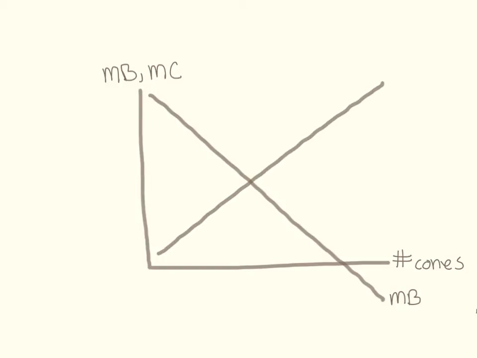And the reason it's increasing is because it takes into account not just the explicit cost of an ice cream cone, that is perhaps the dollar it costs to buy the cone, but also the opportunity cost or the implicit cost of buying that ice cream cone. That is the value you place on the vegetables you could not consume because you spent the money on ice